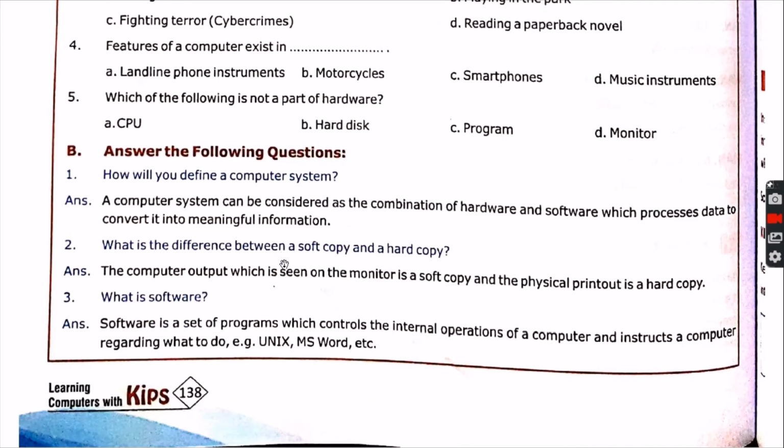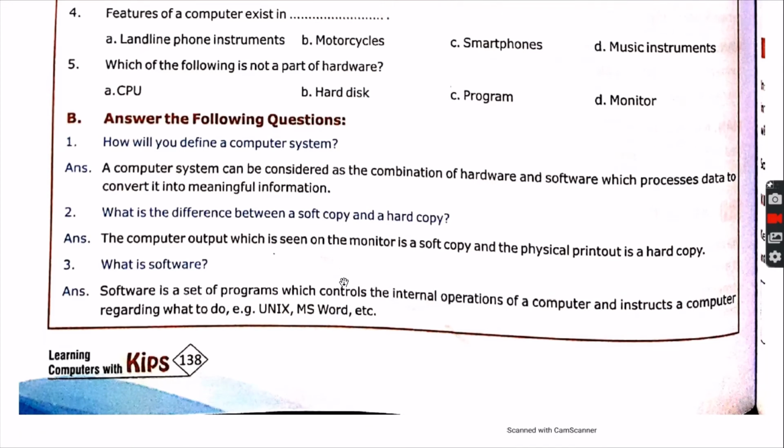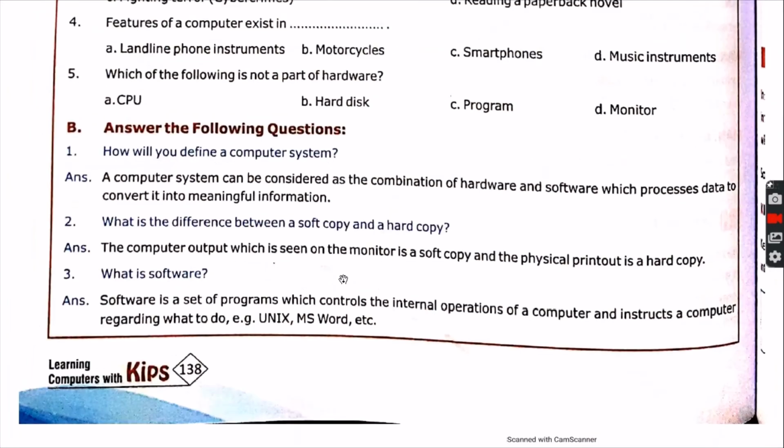Okay, what is the difference between a soft copy and a hard copy? Whenever the thing is on your computer screen, that is, in electronic coded media form, it is known as soft copy, and when it is printed on paper, it is called hard copy. For example, you are studying with the help of a soft copy, and when you have your book in your hand, it is called hard copy.